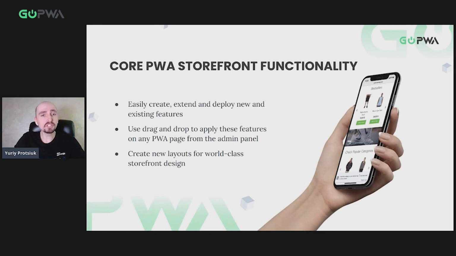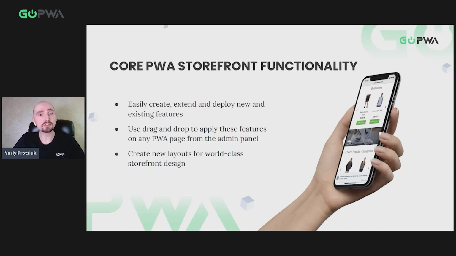So we've chosen PWA Studio because we have specialized in Magento for 10 years. We know it inside out, and we truly believe that this is the number one platform for e-commerce, as proven by Gartner for many years in a row now. As we never had a doubt in the potential of Magento PWA Studio, it was obvious for us to create our product on top of it. Now, let's dive into the details.